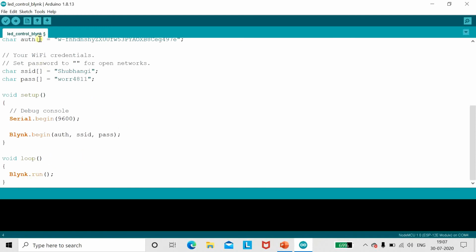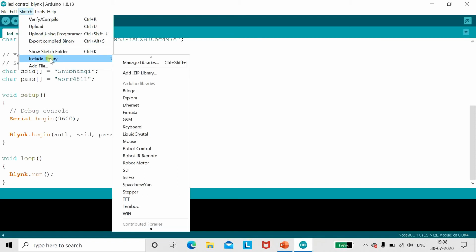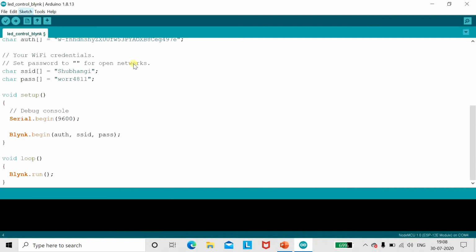Before it, we have to check which library we have to insert. For that, go to Sketch, Include Library. Here you will get the option Manage Libraries.